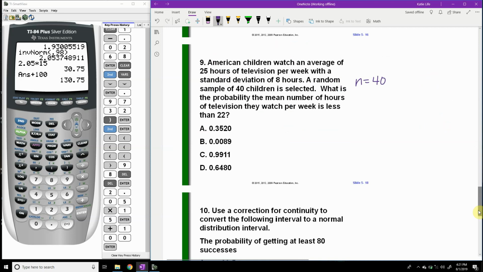What is the probability the mean number of hours of television they watch per week is less than 22? This right here is something you want to flag whenever you're doing problems in MyMathLab. As soon as you see the phrase "probability that the mean," it's asking for a probability of a particular average. This is when you want to make the connection that we're talking about probabilities in a sampling distribution. Now, this is a little bit different than just the regular probabilities of a standard normal distribution